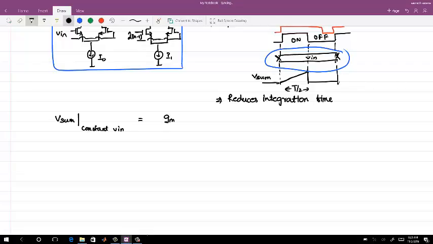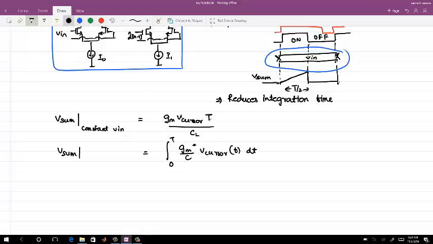is Gm V cursor times T, let me still write it as T, which we can't do as per the logic we have seen before, but T by CL, right? This is what we are seeing. Now, if we sum for a varying input, so this will be Gm by CL, V cursor of, let's say, something as T times dt, and T goes from 0 to T. Now, here this depends on what frequency content it is. So let's say you just take a single frequency content,